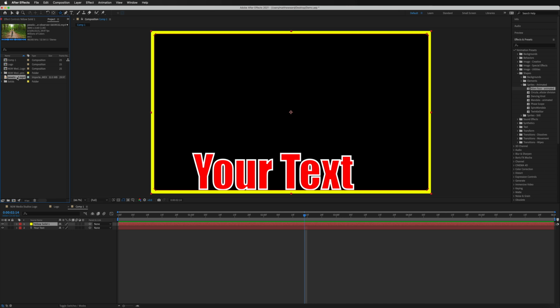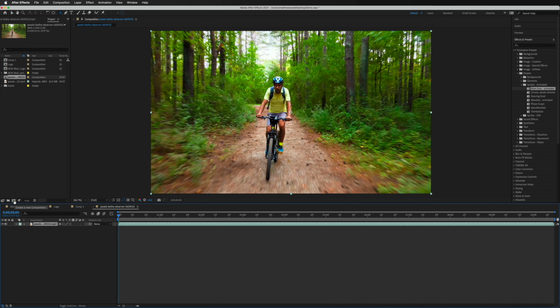And what we're going to do next is just create a new composition with this. So another way we can create a composition is by simply dragging this file on top of our little box down here. So if we just drag this down now and let go of that on top of it, that'll create one for us. And the benefit of doing it this way is it's going to copy all the dimensions that are inside of this video automatically. So there is nothing to set up in terms of getting the right frame size, etc.